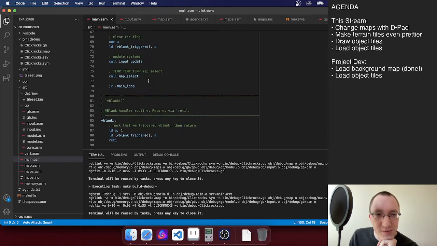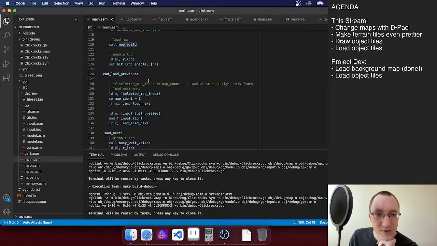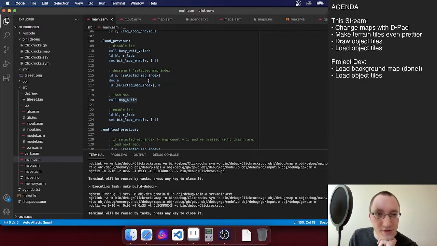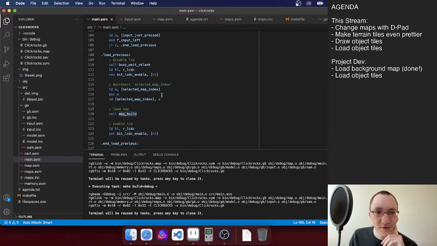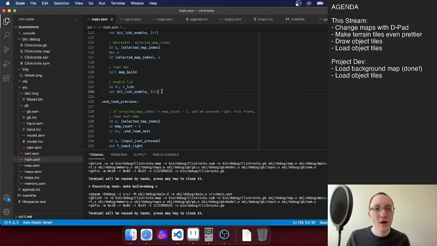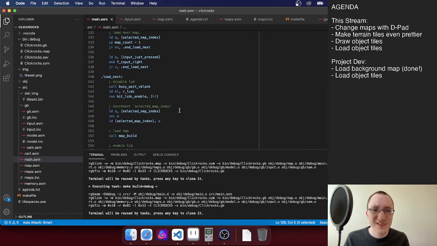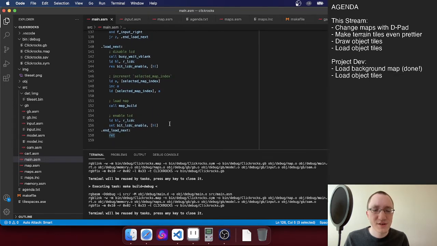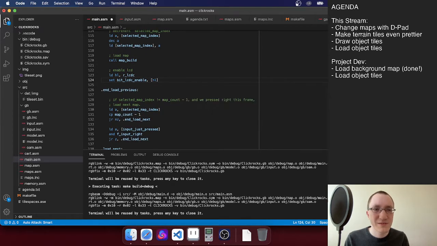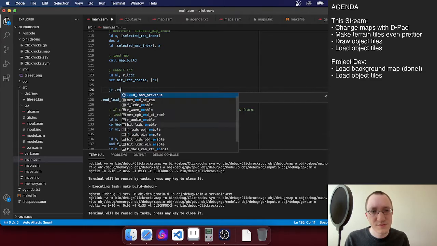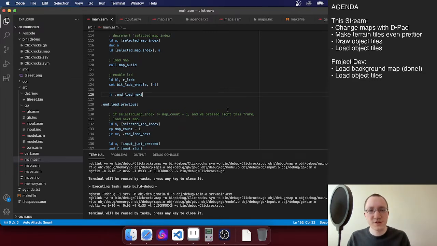Selected map index should initially be set to 0. Call map build. All right, so for previous, probably got some of my 0 flags wrong or something. Well, part of it is I need to return after this is done. Actually, shouldn't really make a difference, but jump relative to end load next. Okay, that really shouldn't make a difference, but